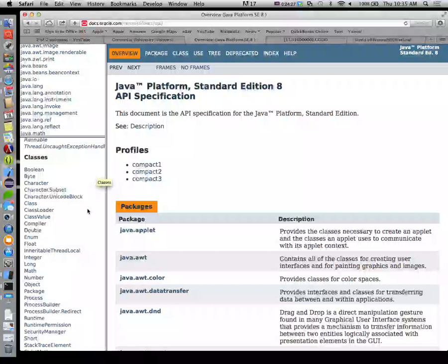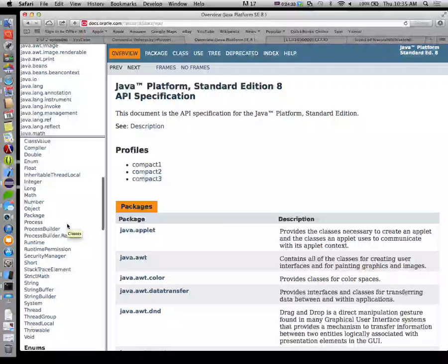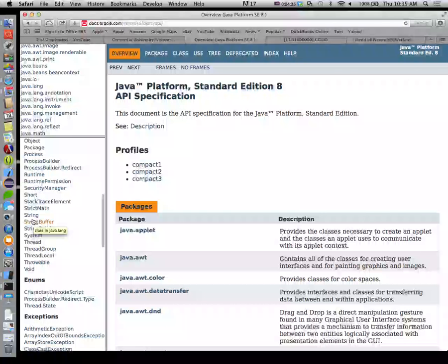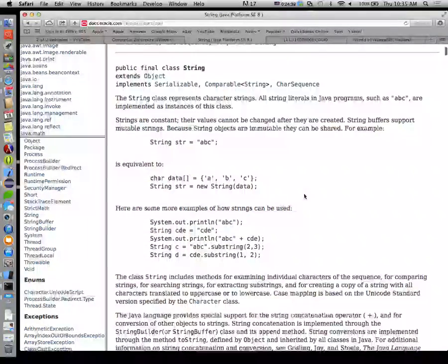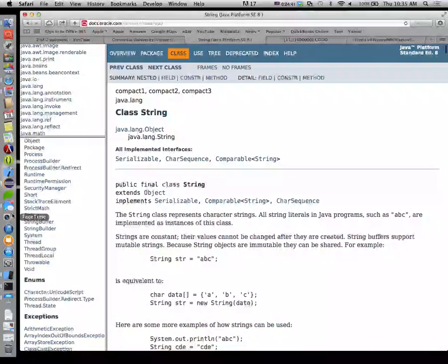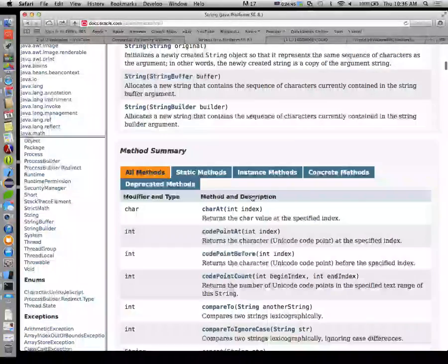Now we've seen some of these already. We've seen the character class. We haven't seen the character class yet, right? We've seen the string class. Let's scroll down to the string class. Here's the string class. And we're going to be learning about some of the methods here in the string class. But when I clicked on the string class, here is the documentation for it. And we scroll down, there's all this